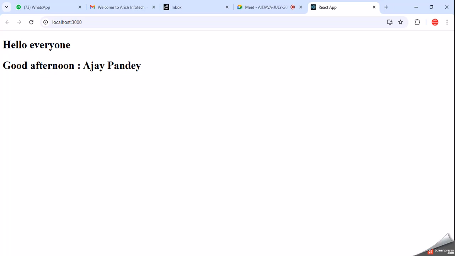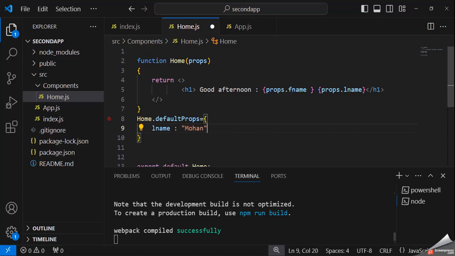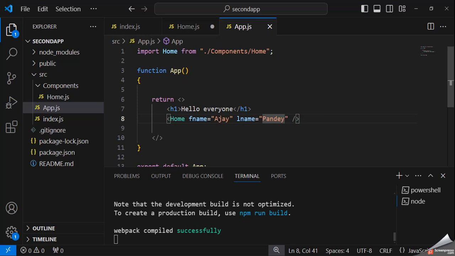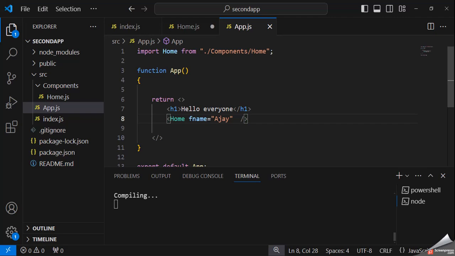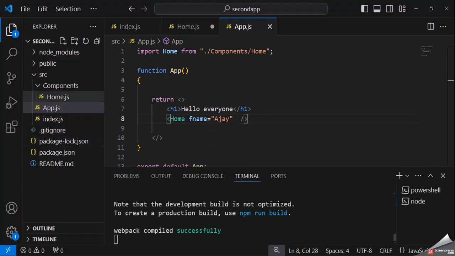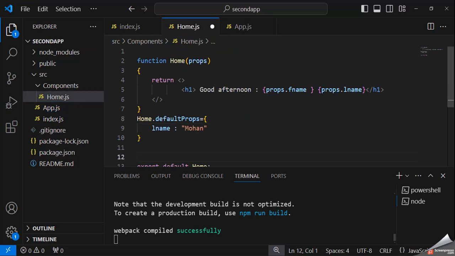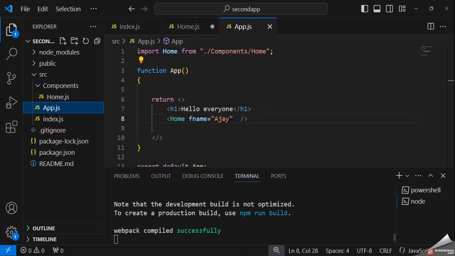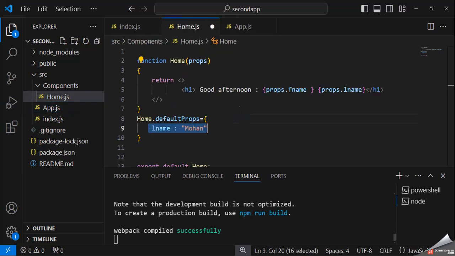Okay, but suppose from the app component we are not passing anything here. Save this. You can see it's showing Mohan because I have declared a default value in the home component. If you want to declare any default value, use the component name dot defaultProps, and specify the value of that property. So if we do not pass any values from the parent component,